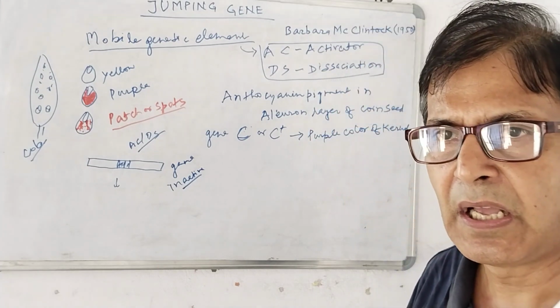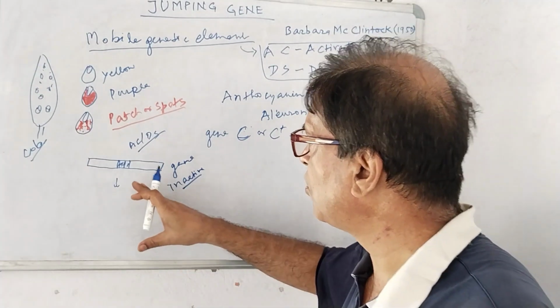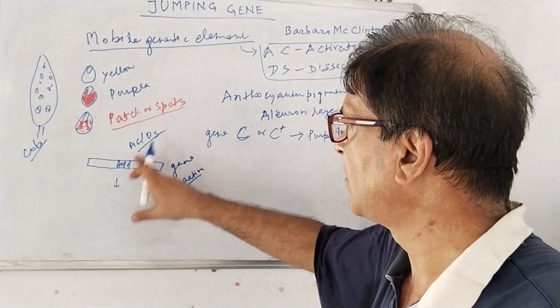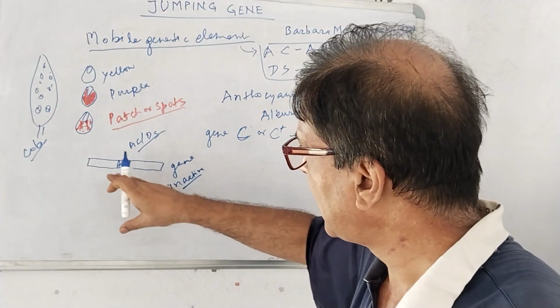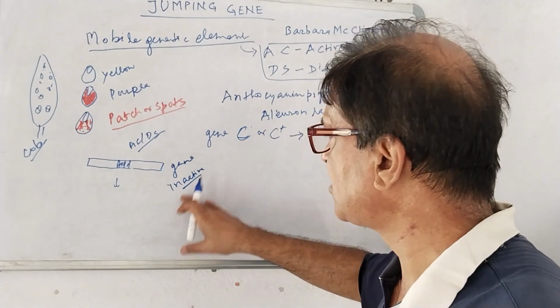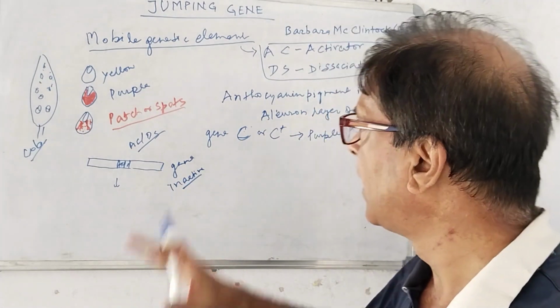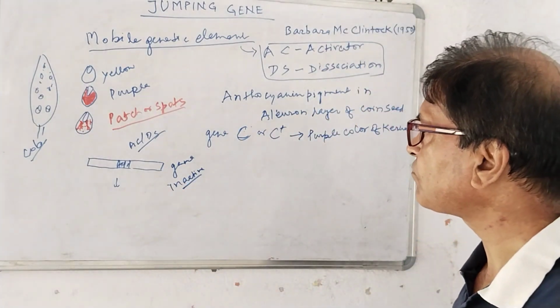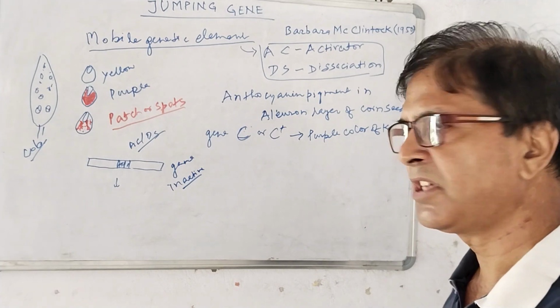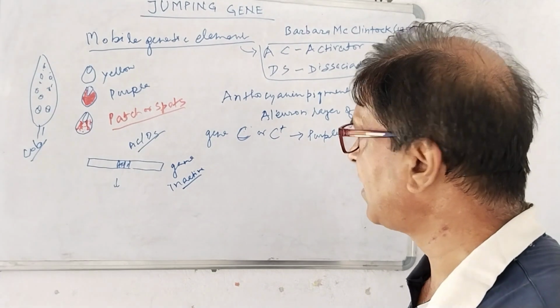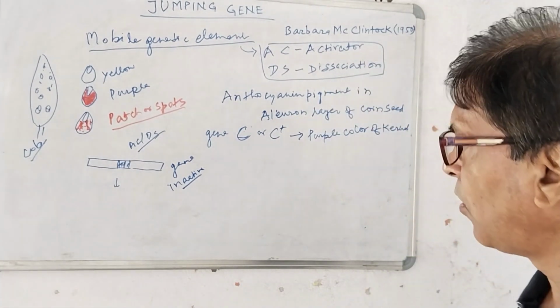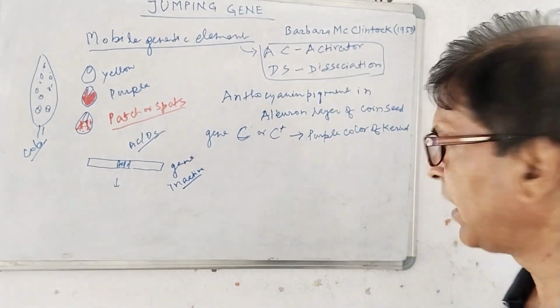Yellow coloration will be due to the insertion of this DS element or AC element in the coding sequence of the gene for anthocyanin. Now, there are various possibilities of this kind of insertion. One thing we should know is that